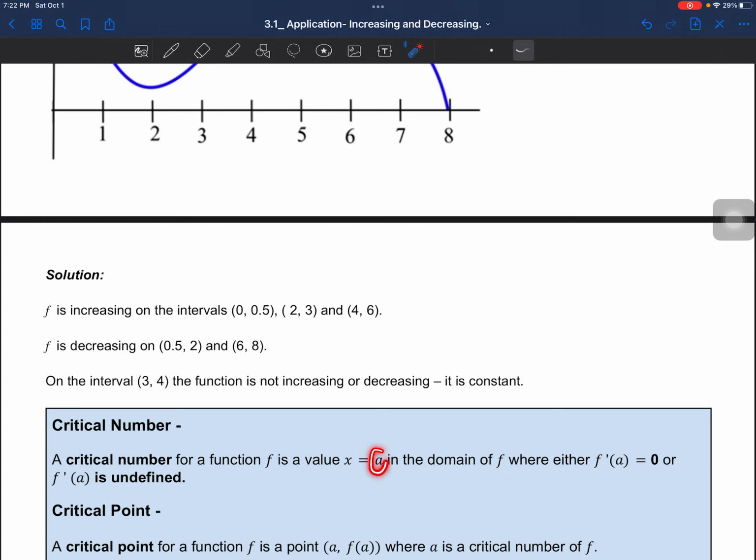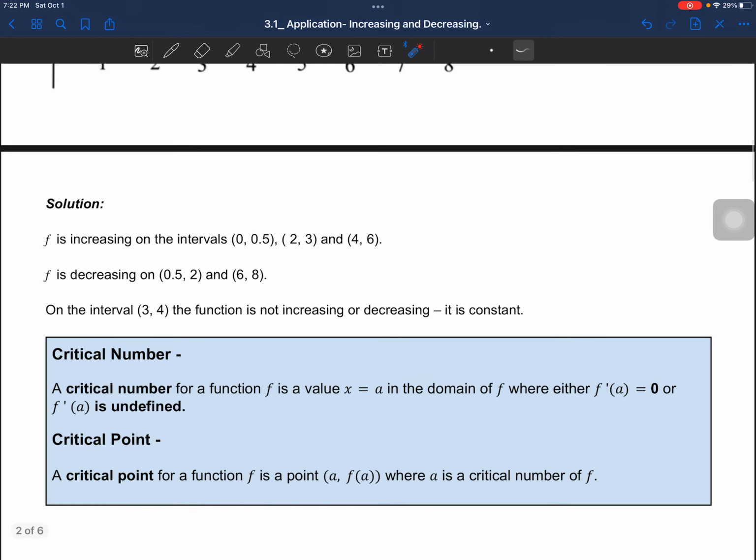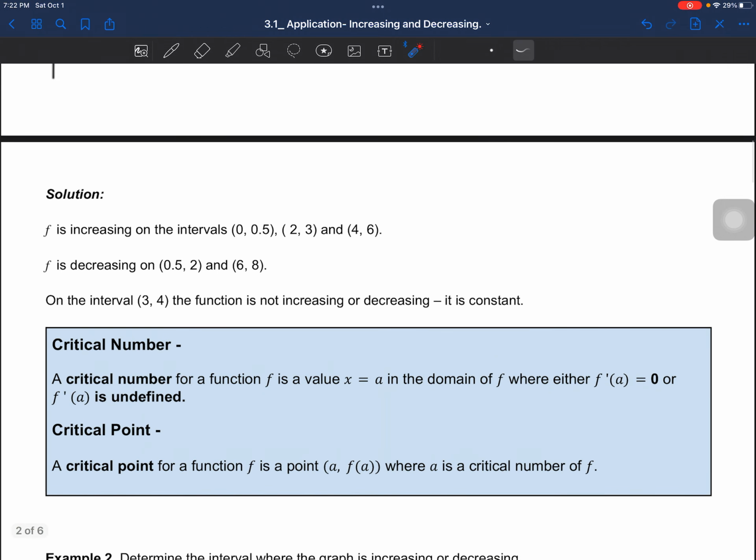But again, a needs to be part of the domain, meaning that when you plug a into the original function, you should get a real number, right? So finding critical numbers is going to be a very important concept, because this is going to help us find more information later regarding the behavior of the function,